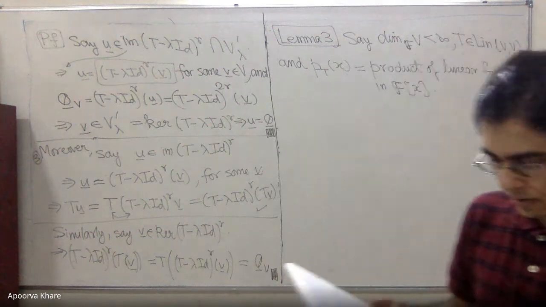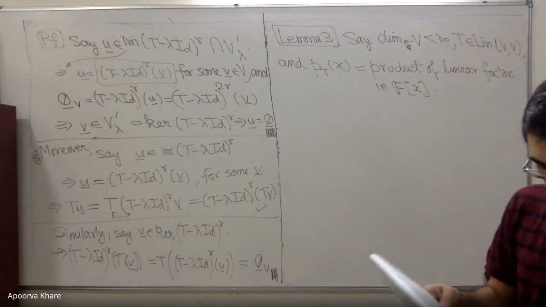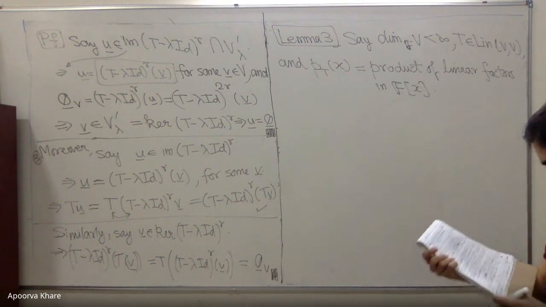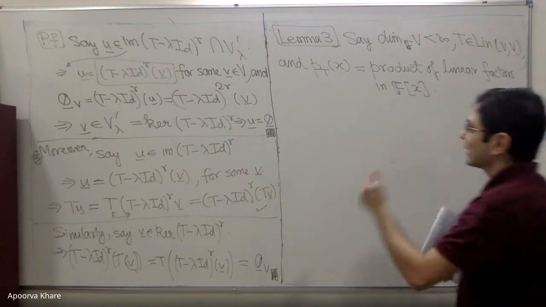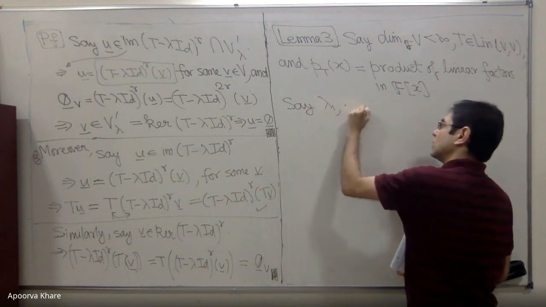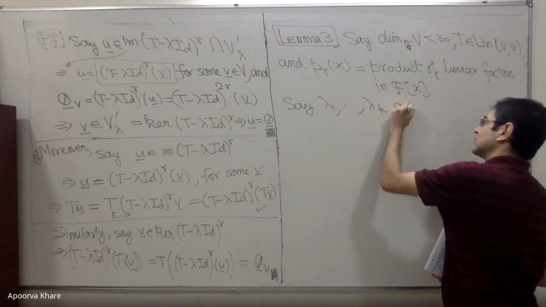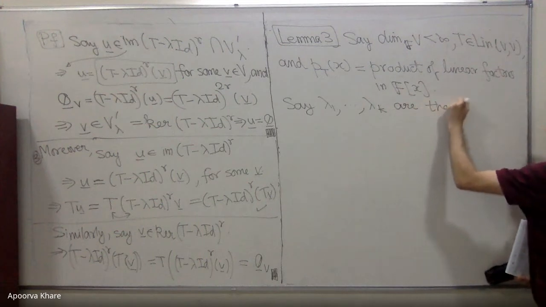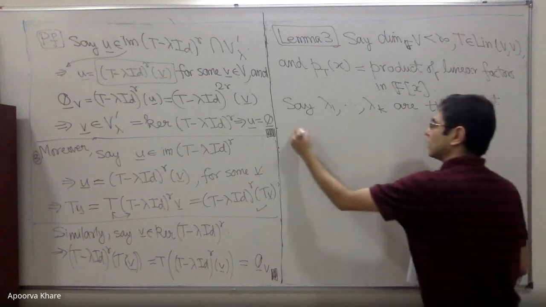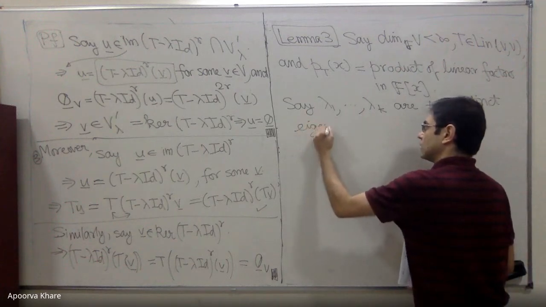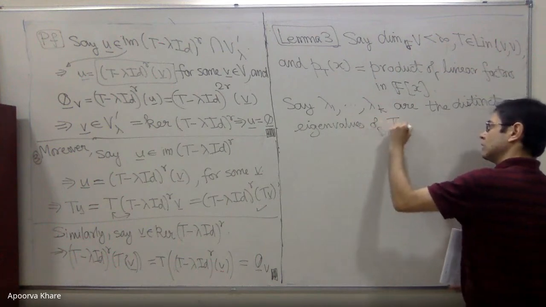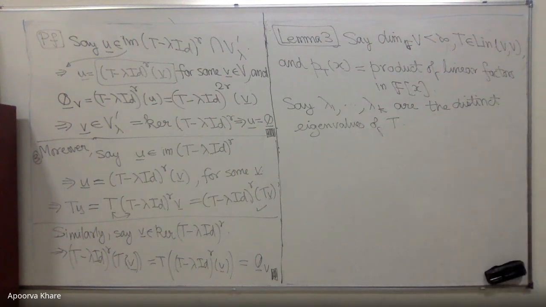Okay, I think we have just passed 1.5 hours, so I'll stop. I won't define the important things right now. Okay, fine. And now I need to write down distinct eigenvalues. So say lambda 1, lambda 2, ..., lambda k are the distinct eigenvalues of T. Then,